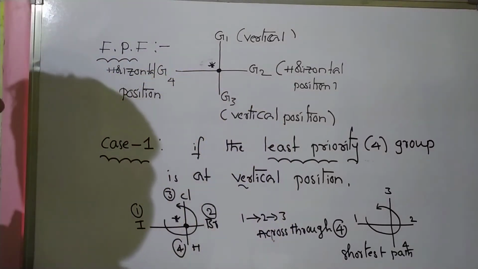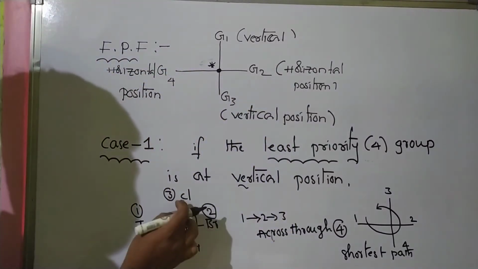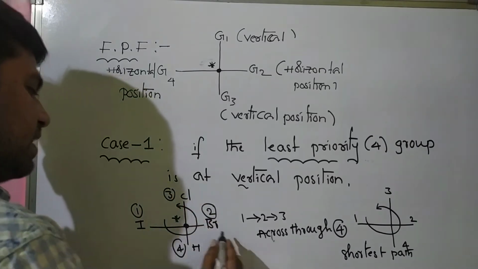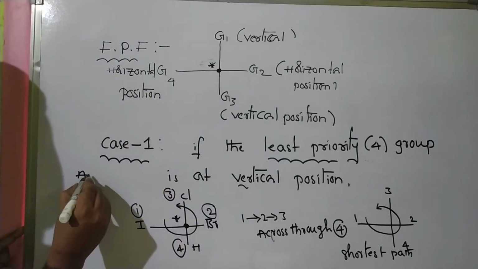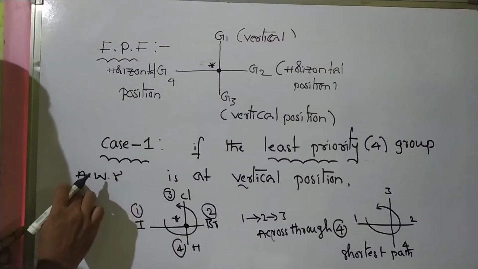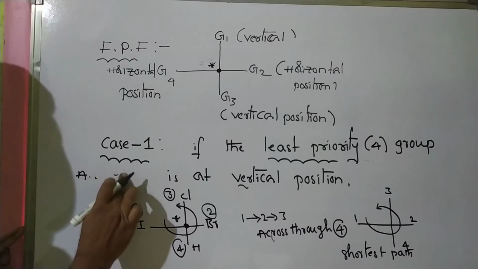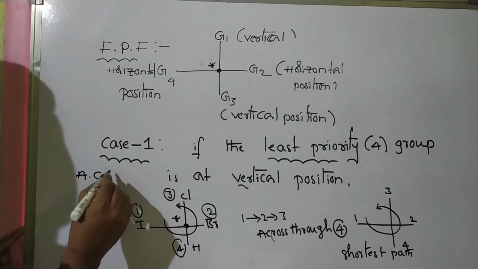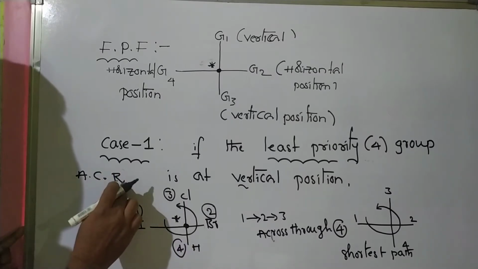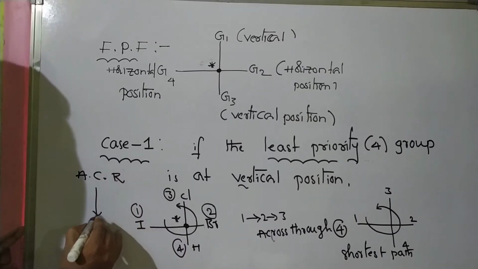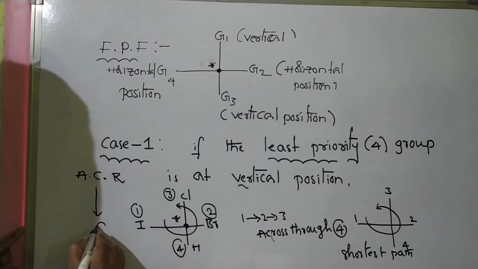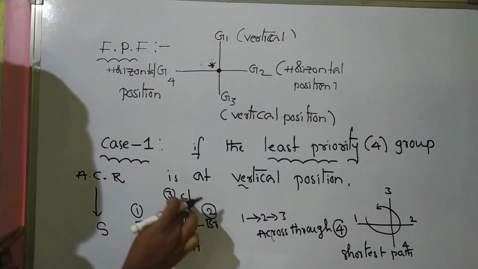Okay students, shortest path. So which type of rotation is this? This is an anti-clockwise rotation. Anti-clockwise, ACW. So this isomer is called the sinister isomer, meaning S. See students, anti-clockwise.